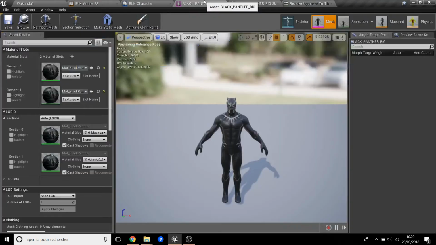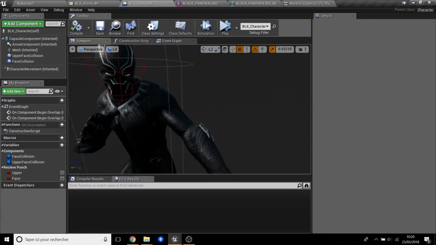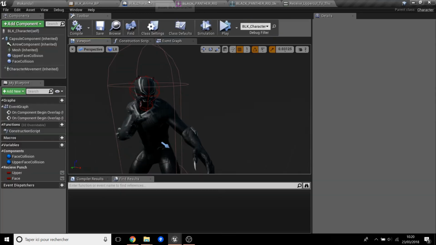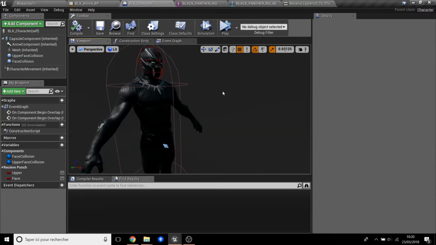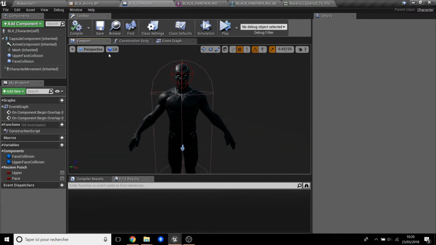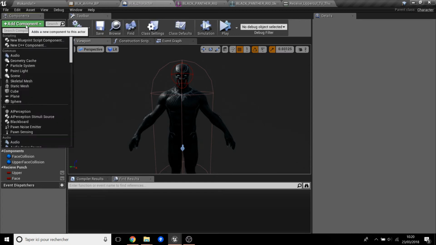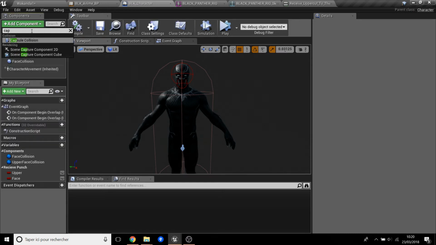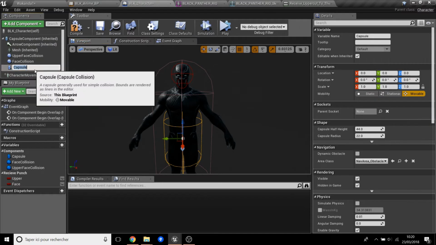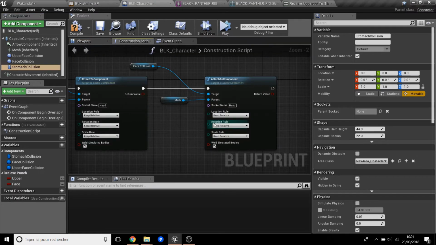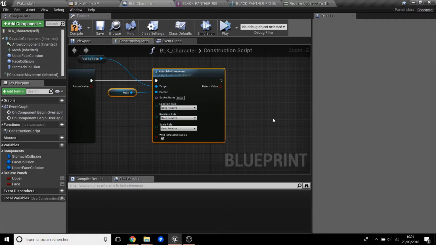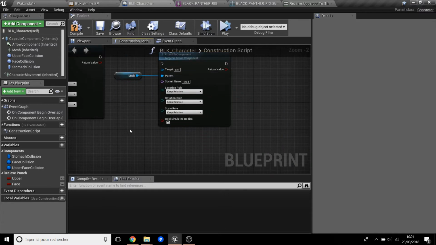Okay, now you have to do it for the other one. So go here, none is better, compile, save. So now we will not take sphere collision, we will take another type of collision, capsule collision. So yeah, capsule collision, and we call it stomach collision, and the same as the others, attached. Copy and save.